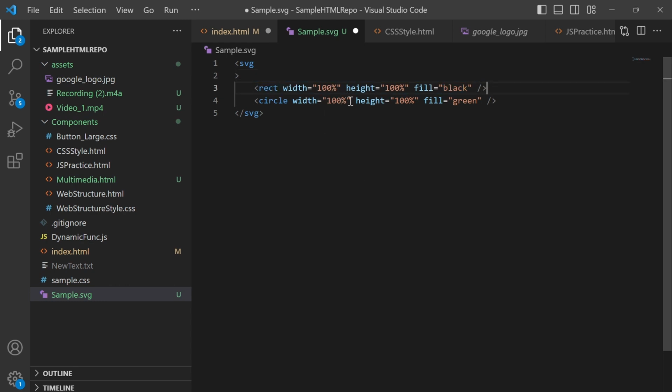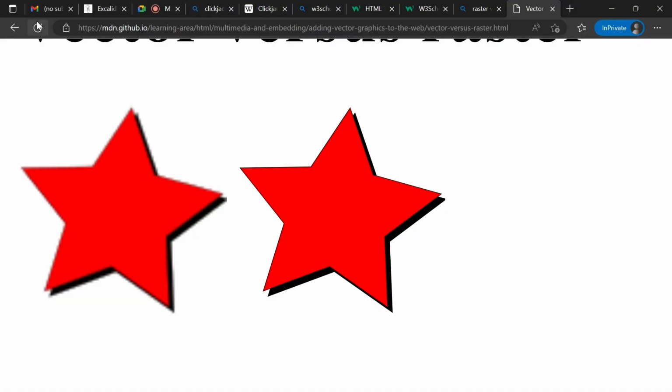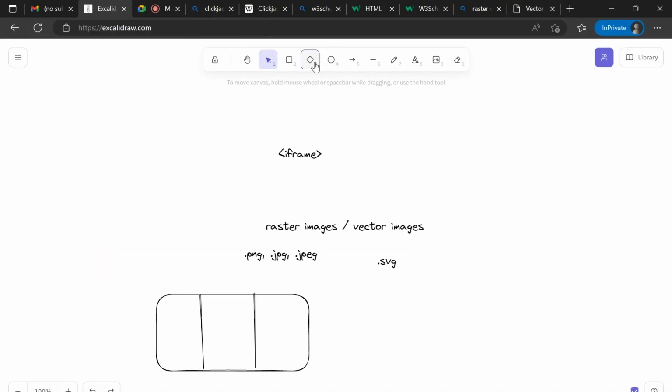Another one I will put, sorry, here it will not be width and height as it is a circle. So it will be a radius, and it should be 90, we can put 90 pixels. And here, X and Y mean where it should be located in the SVG. We want this circle to be placed inside the rectangle. Like I will put drawing.